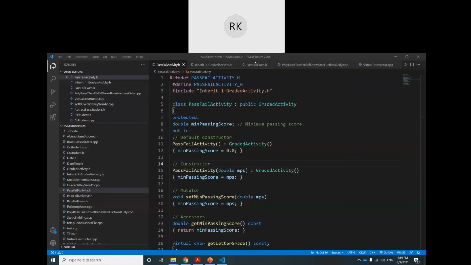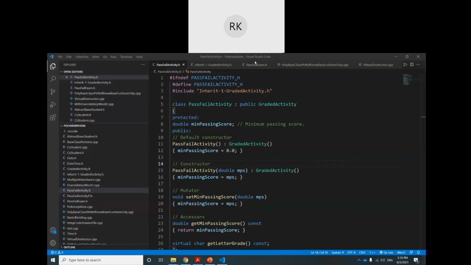is the difference between redefining and overriding. When a class redefines a virtual function, it is said that the class overrides the function. You see, when there is a virtual function in a parent class and the child class also defines the same virtual function, then it overrides. In C++, the difference between overriding and redefining a base class function is that overridden functions are dynamically bound, and the redefined functions are statically bound.